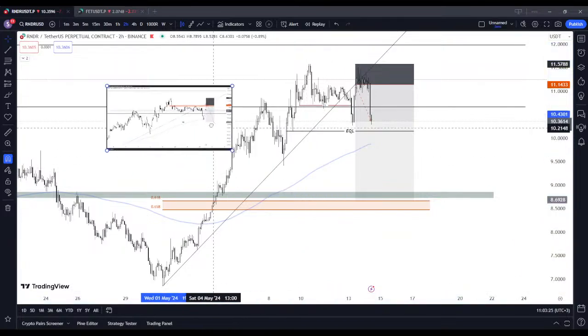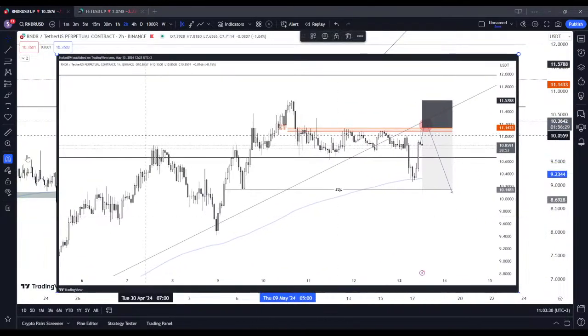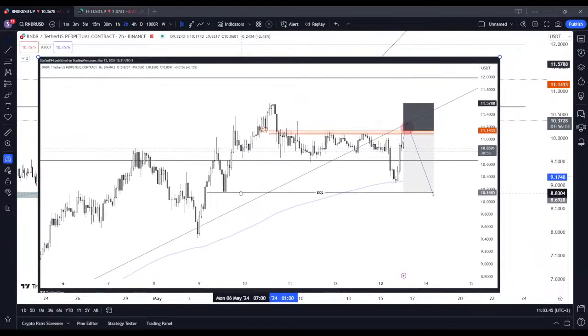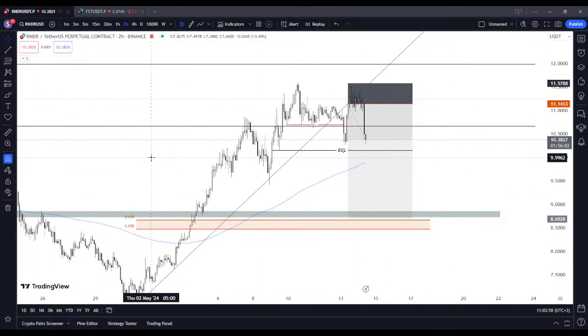So this was the initial post from the VIP. Yeah, it was quite a clean setup in my opinion. I had to take it. It was beautiful. Equal highs building in the 61.8. I gave it a large zone for the stop loss so I can be safe. Not greedy goblin stuff. So this should be risk free, pretty nice setup into the equal low take profit. And we are going for those equal lows.